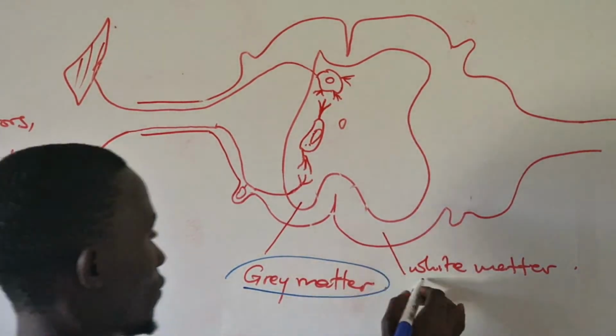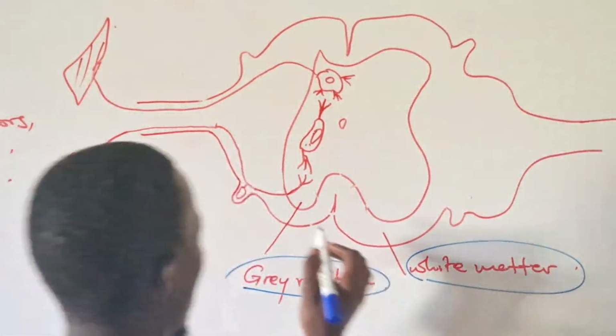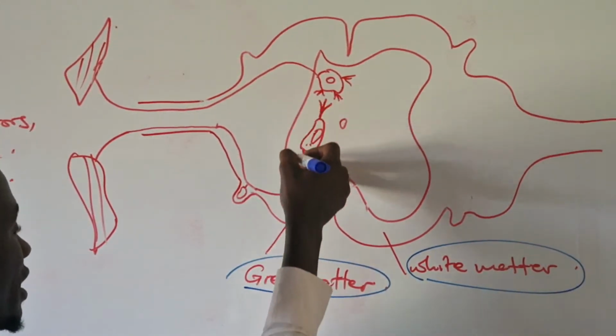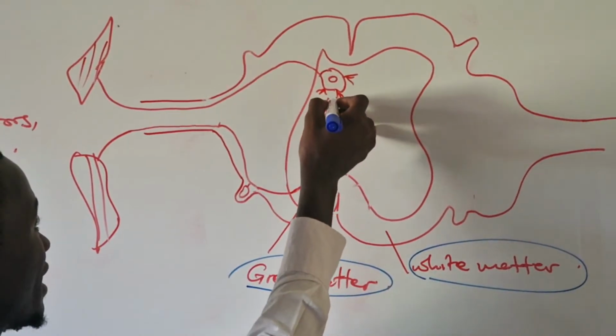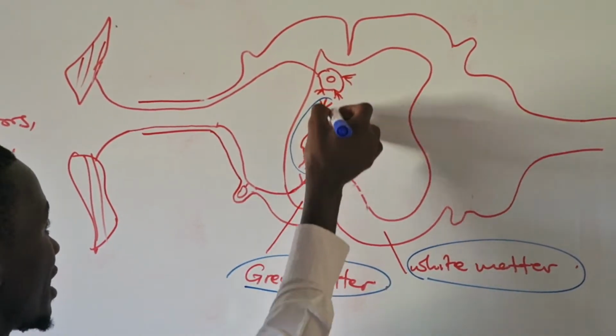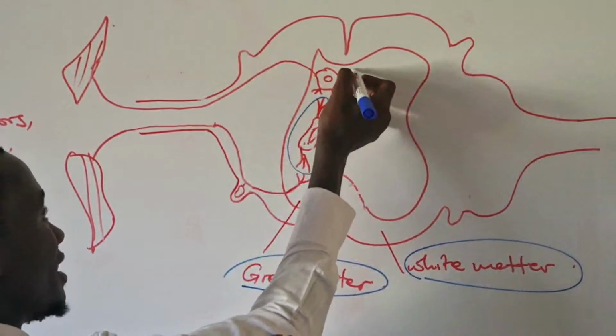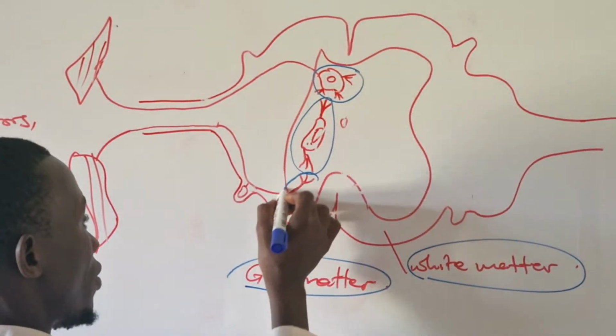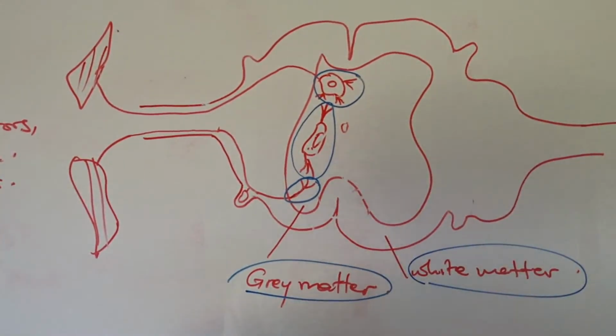It consists of the white matter. And in the gray matter, there are the following neurons. We have the leading neuron inside. We have the cell body of the motor neuron and the terminal end of the axon of the sensory neuron,